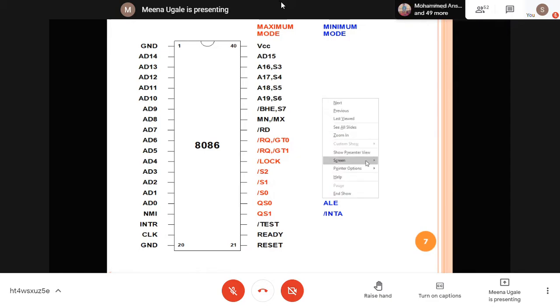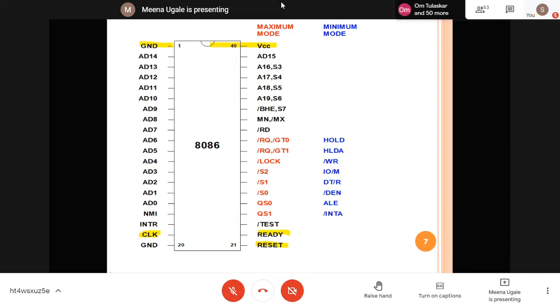So for that purpose, here is the clock signal given. With clock you require reset and ready pins also, so these pins are given here. This is VCC we have seen, pin number 40, and this is your ground pin.